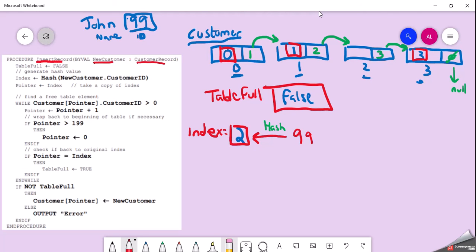Okay, so we've just done this and we've just done this. The next thing we want to do is put index inside pointer. So we've got something called pointer. It's another variable, and it's going to copy whatever's inside index into pointer, which is the number 2. Nice and easy. So we've just done that, and that. We've set it up, ready to go. So we've done a hash function, and we've allocated a value through that hash function, and then we've copied